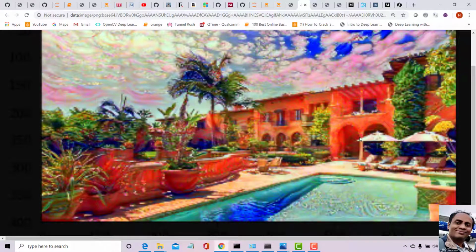As an exercise, you can take any arbitrary image from the internet, any favorite photo, and apply that style on that particular image, and you will see wonders. In fact, this can be made into a video also. If you have a video file and you apply this transformation to the video, the whole video will look like a dream like this. I will give you more resources on this. I will share the code with you, and you can go through the code and run it yourself. In fact, I made it easy so that you can run it from a Jupyter Notebook as well.